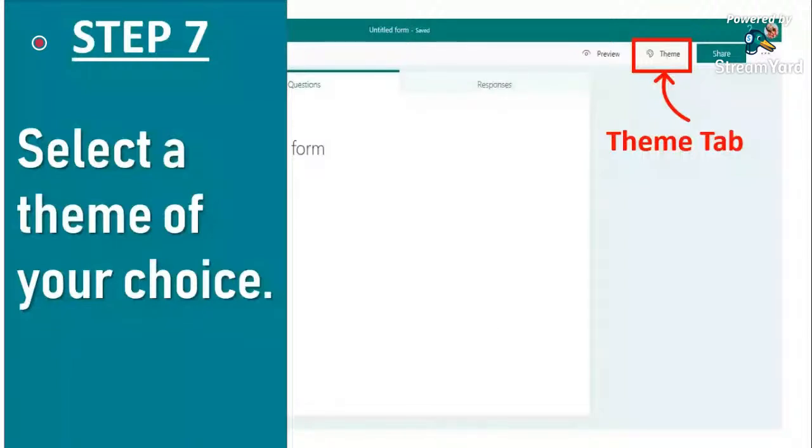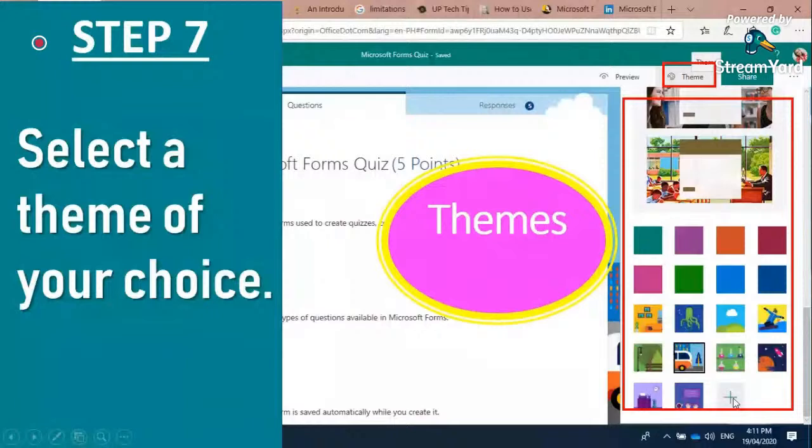Your theme also depends on the theme of your quiz or survey. If you're making a science quiz, you can use this design. So it's up to you.